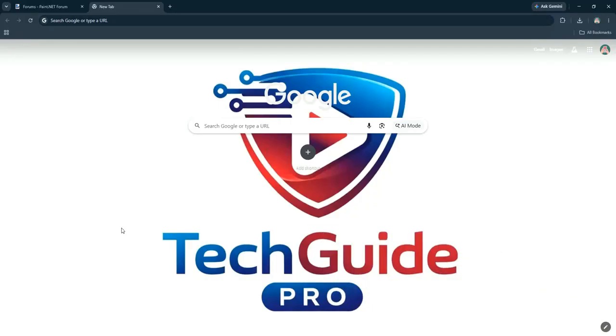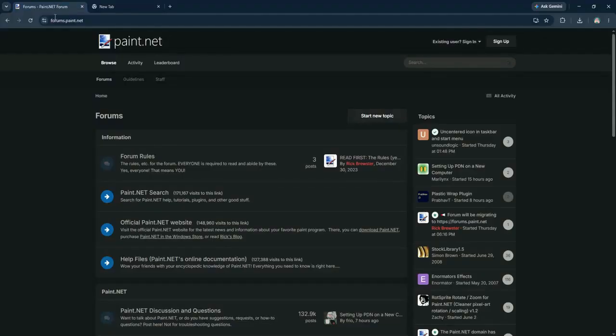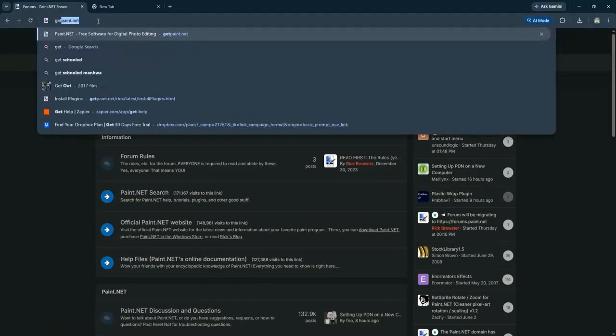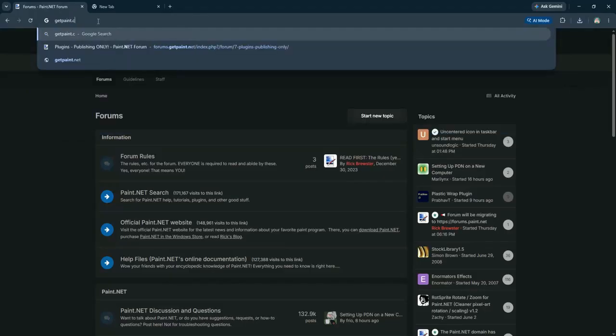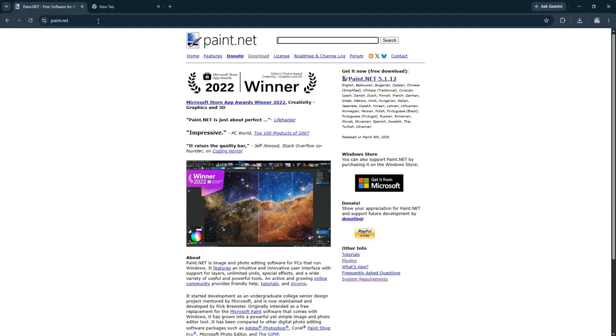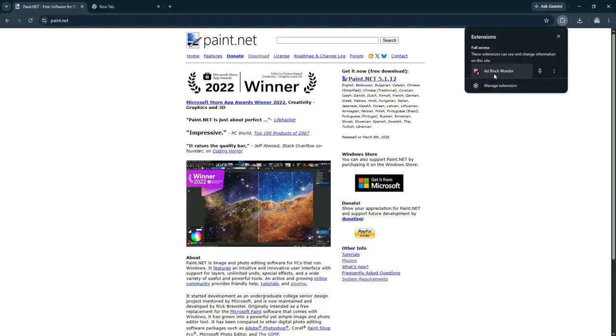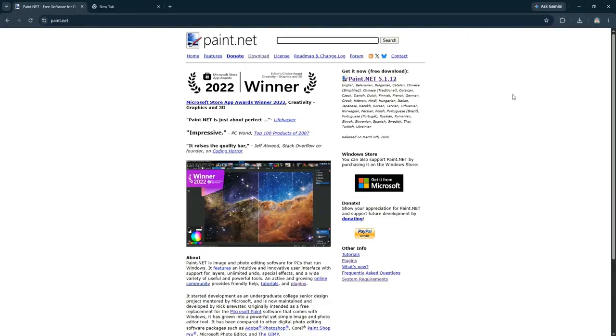First, go to the official Paint.net website by typing getpaint.net into your browser. This is the official source and the safest way to download the software. Once you're there, check for any security certificates or HTTPS in the URL, which indicates that the site is secure. Next, download the latest version directly from this site, avoiding any third-party download sites that might bundle unwanted software or